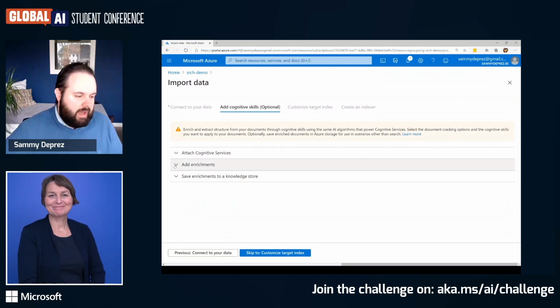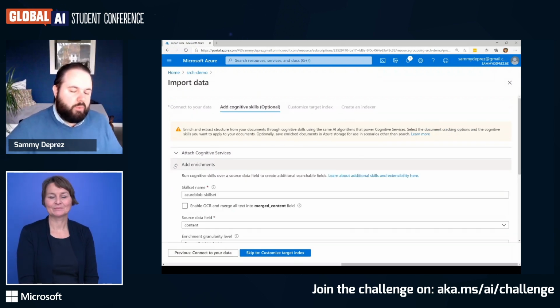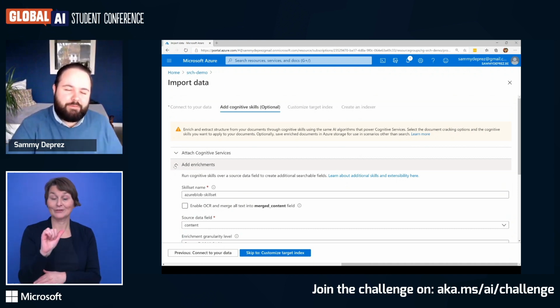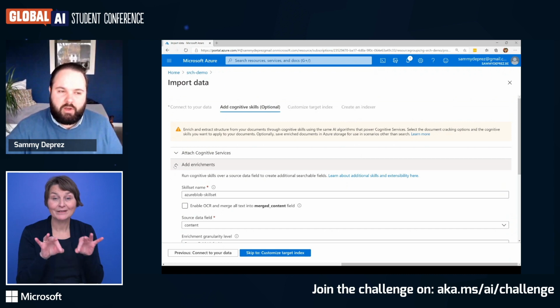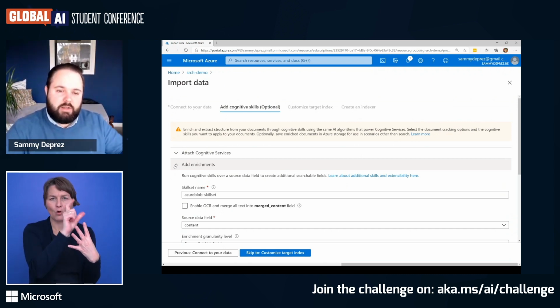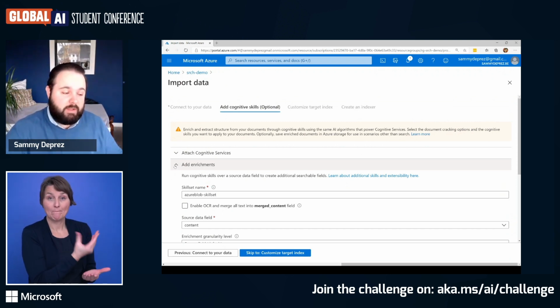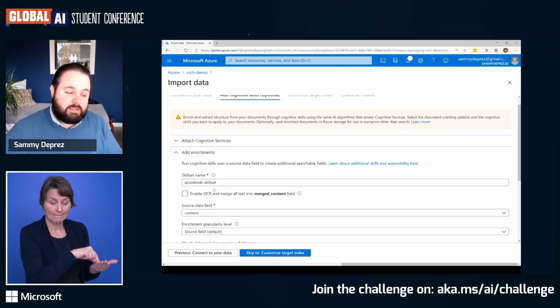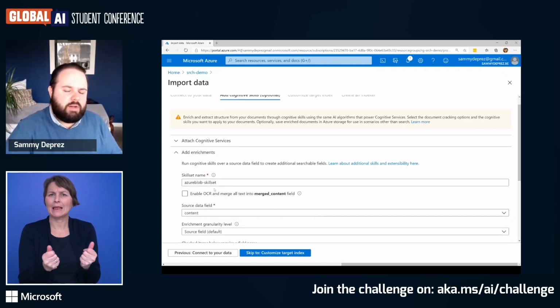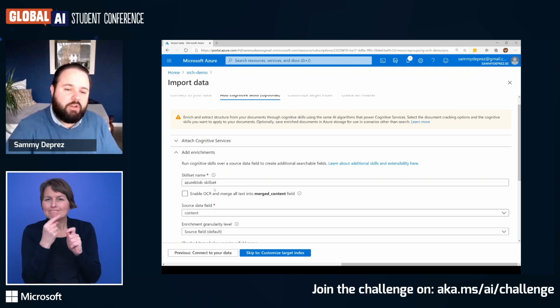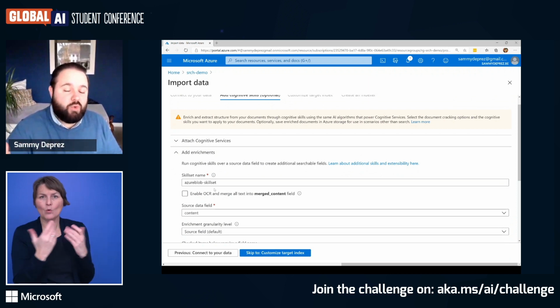But I've created my own service here. Now, the next step is add enrichments. So within Azure Cognitive Search, you have 4 different types of objects, you could call it. You have your data source, where you configure where you're going to get your data from. The second item is your skill set. Within your skill set, you're actually configuring what kinds of transformations need to be done on the data to get to the enrichments that you want.